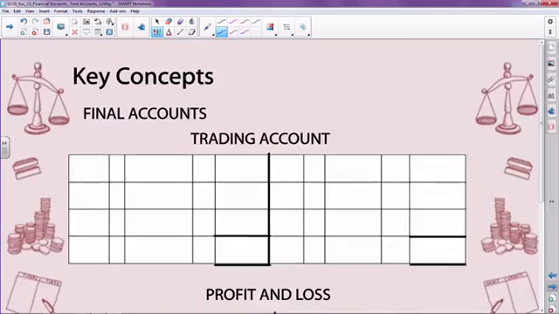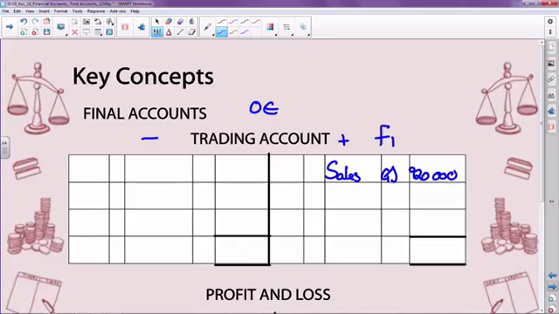So in my trading account, we'll normally call it an F account, your final account number 1. And we will go here. Remember, it's also an owner's equity account, so it's a minus plus. We take the sales here, we say GJ, and therefore sales now closed off. Step number 2,